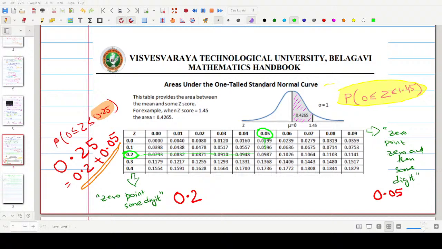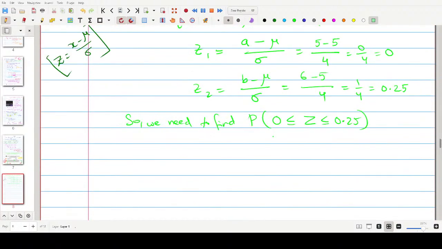And let's use a light green color, yeah. So 0.0987 is the value that we have got here, correct? 0.0987. So what we can write down here is the probability of 0 less than or equal to z less than or equal to 0.25 is equal to 0.0987, and hence our answer over here is going to be